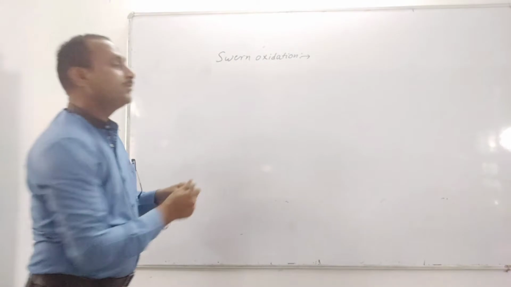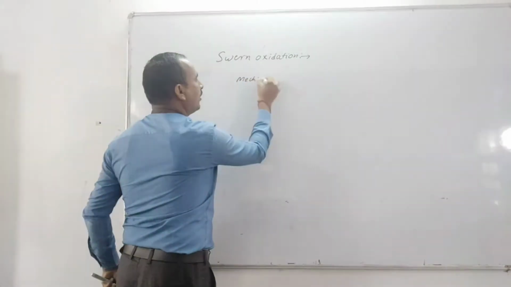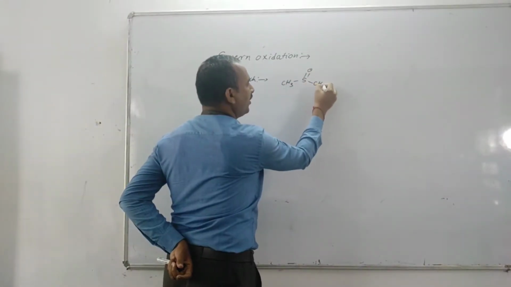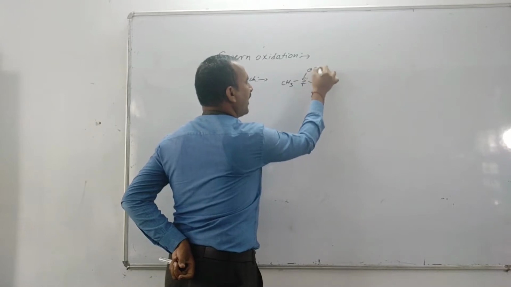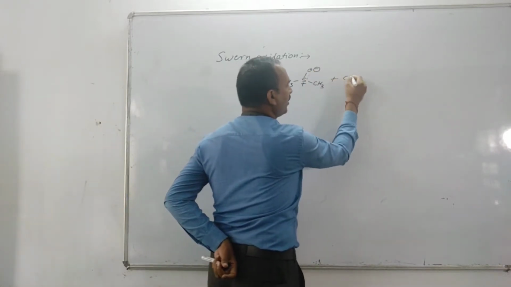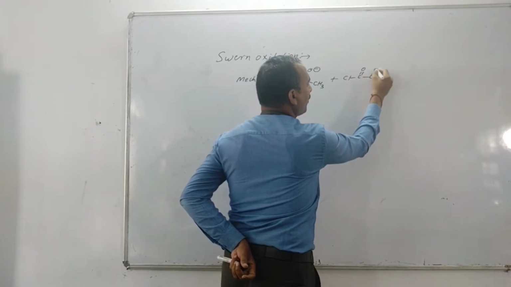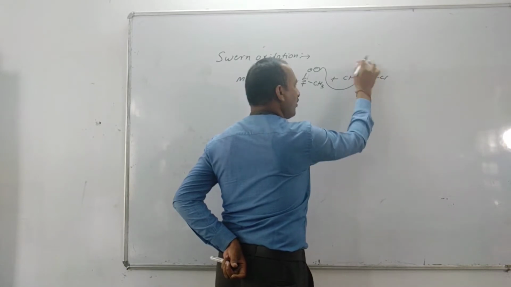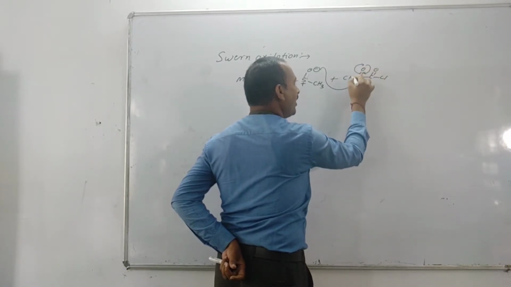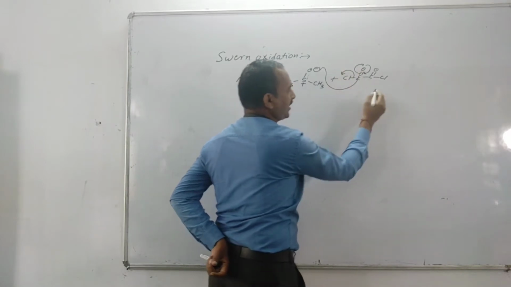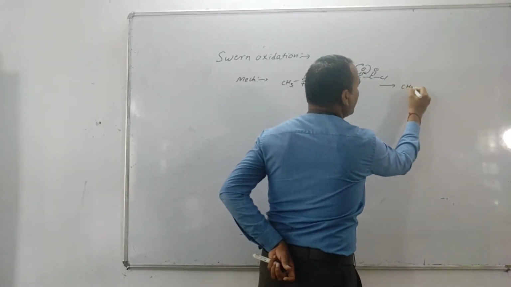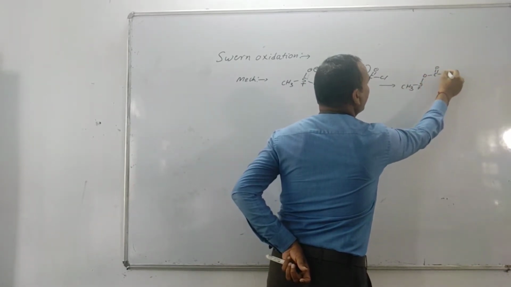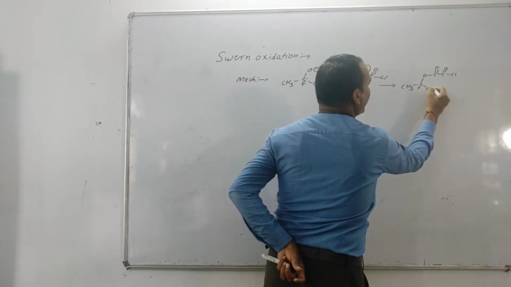Now in the mechanism, DMSO, dimethyl sulfoxide, CH3 S plus and O minus. This O minus attacks the carbonyl of oxalyl chloride. There is formation of O, the charge is retained, and there is loss of Cl minus. So it gives CH3 S plus O, C double bond O, C double bond O, Cl, and here is CH3.